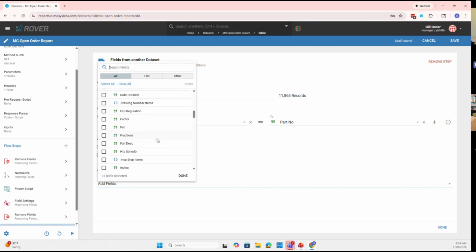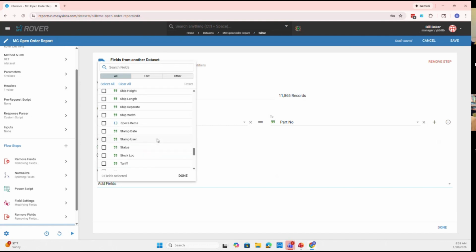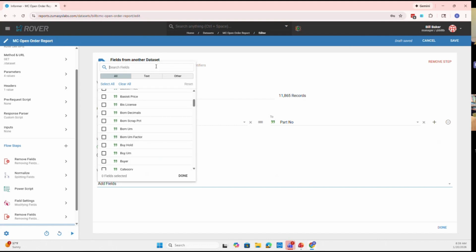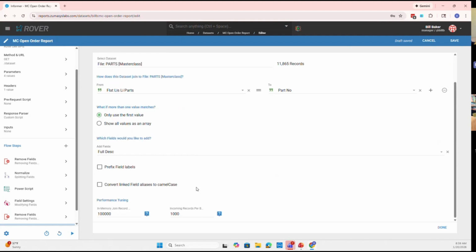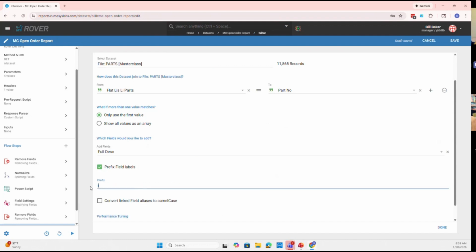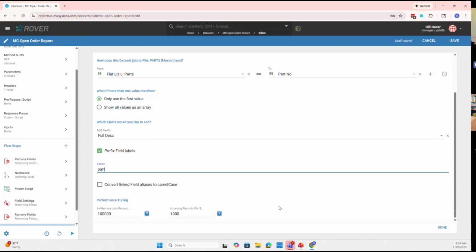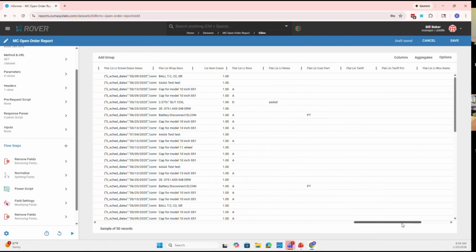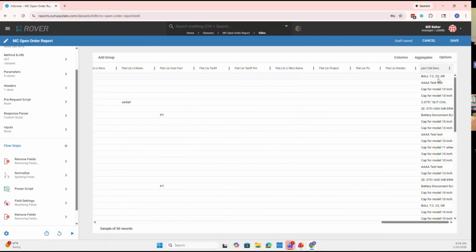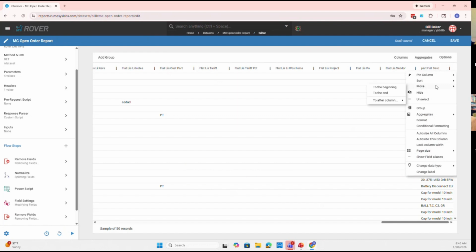But now I have all the fields that are part fields available for me to bring into this open order data set. So I'm going to go ahead and just grab a description just for our purposes. And I think a best practice here is to add a prefix. Since I'm referencing parts, I like to call out at least part in the prefix. I'm going to hit done here. And again, we're going to go back to our data, and we'll notice now we have the part full description coming in,